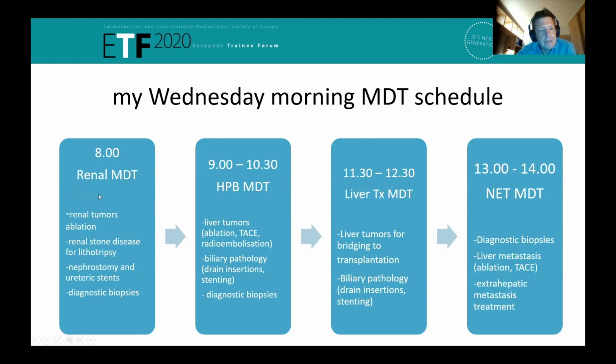So at 8 o'clock in the morning, I start with the renal MDT meetings. Here we discuss patients with renal tumors, and we get referred renal tumors that are suitable for ablation. Then we discuss patients who have renal stone disease and have their lithotripsy procedures planned. And then we also discuss patients for diagnostic biopsies or for the insertion of nephrostomies or ureteric stents. So this is a short meeting, usually lasts about half an hour, and then we proceed to our